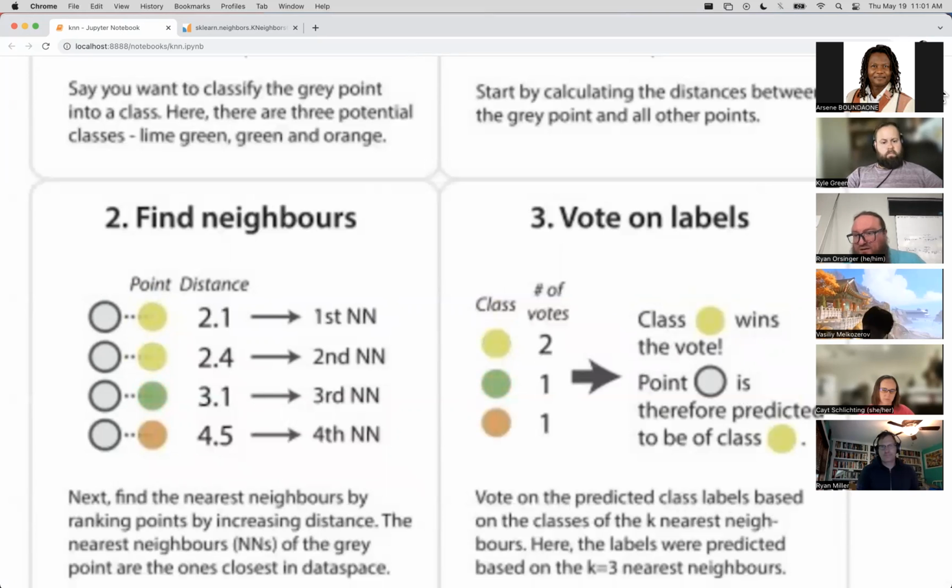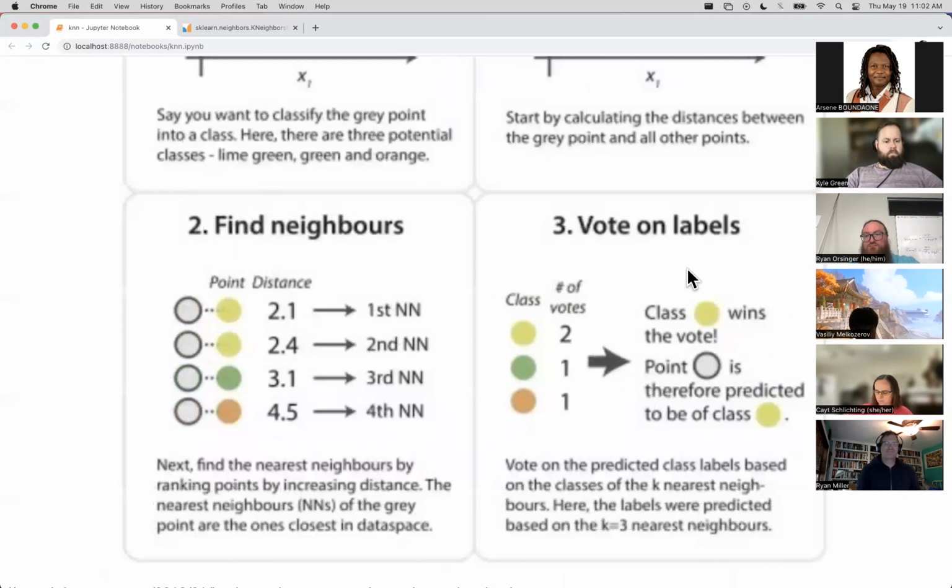Yeah, I see Arsen and Kyle. I don't recall who had their hand up first. I'll just go. There's going to be a lot of binning then of the data. There's going to be a what now? Some binning of the data. No, not necessarily. There's no need to bin. Okay, because